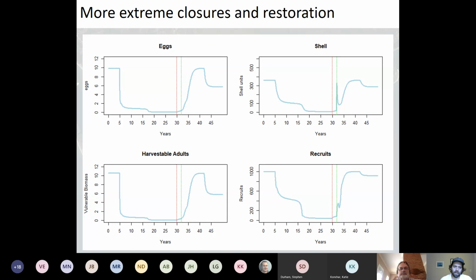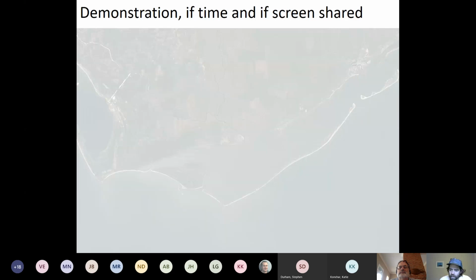And this is an alternative one where we basically restored more and kept the fishery closed for longer, and then you see it bounce back up to a much higher level that can sustain some fishing after the fact. And so again, this is not earth-shattering. It's fun for me to be able to construct something that